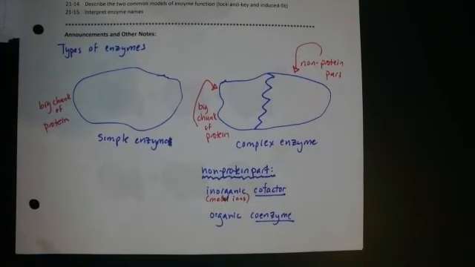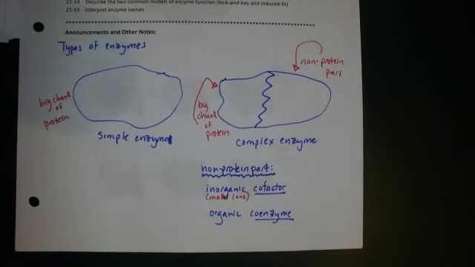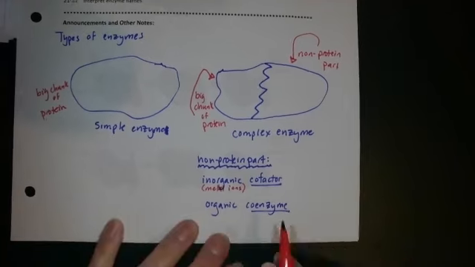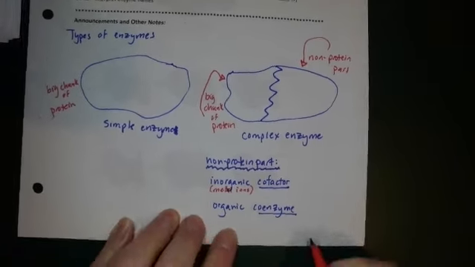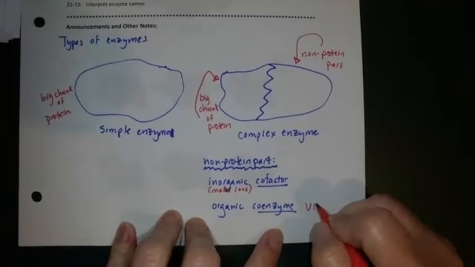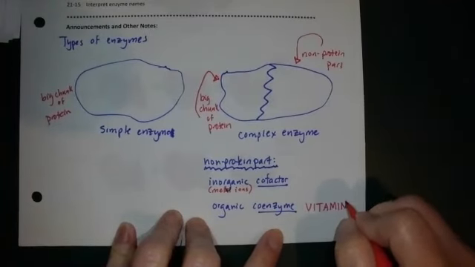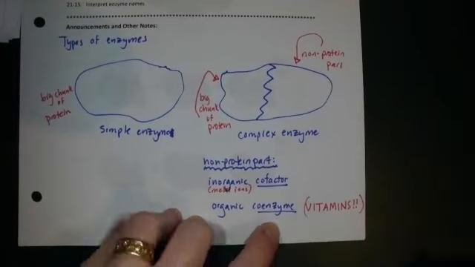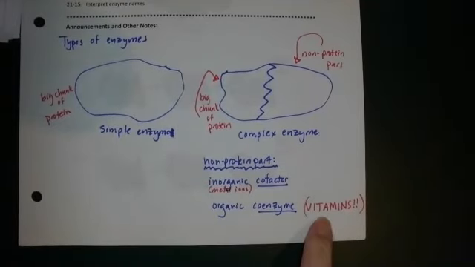Here's the cool thing, to connect this to something that seems relatable for you. What this means in your body and in your diet is this. The things in your diet that serve as coenzymes are vitamins. Vitamins, as you know, are necessary in your diet. You don't need them in large amounts. And we'll see in a moment that enzymes don't get used up in a reaction. They're not reactants. They're more like a helper molecule. They don't get used up, so we don't need them in large amounts.